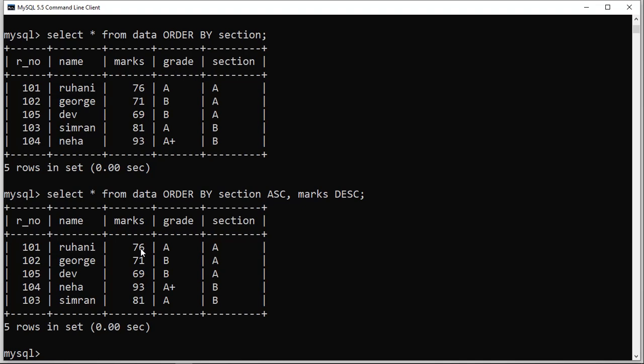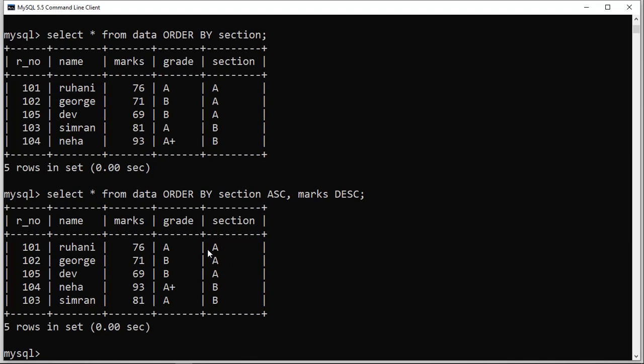So you can check here that 76 and then 71 and 69, that means among these three students the maximum marks is for Ruhani. So Ruhani has got the first position here, and then the second highest marks is for George, and then for Dev. Okay, so it has not sorted the whole marks column. Actually, it has sorted it with the help of the section column.